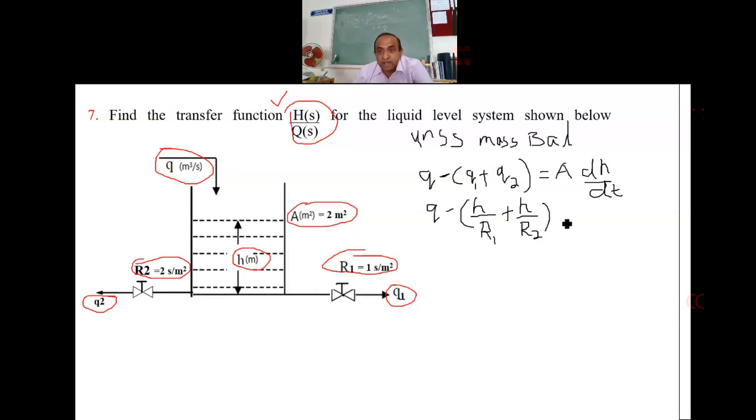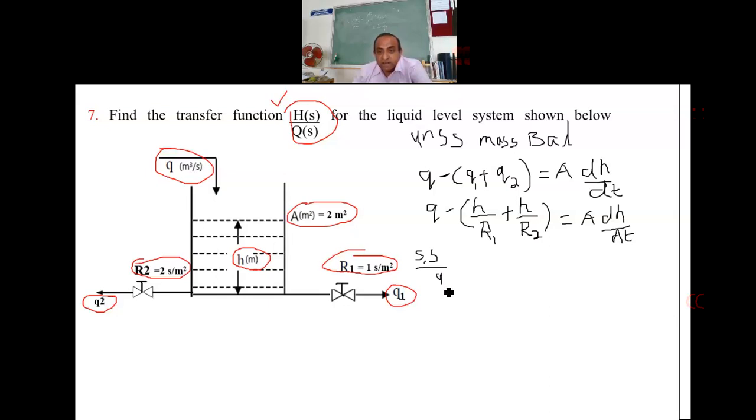Okay, close the bracket, equals to, this is as it is on the right hand side. So it is dH by dt. Correct? Did you understand? Fine. So what I'll do is, now I'll apply steady state. Okay, so I'll apply steady state for this. So once you apply steady state, so what happens?